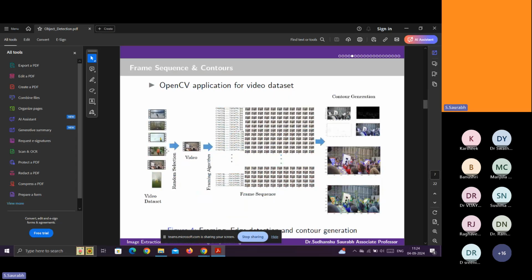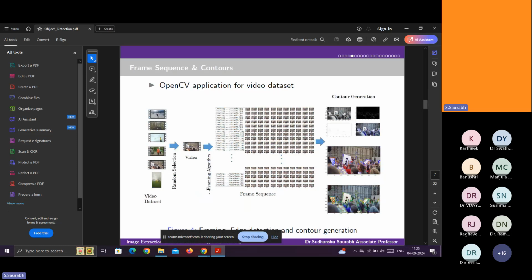See, look at here, what I did overall. First, download the video or a real-time video, anything. So this is a video data set. Select a single data item randomly at a time. This is called the random selection technique. Apply the random selection statistical technique, select randomly, and then apply the framing algorithms.